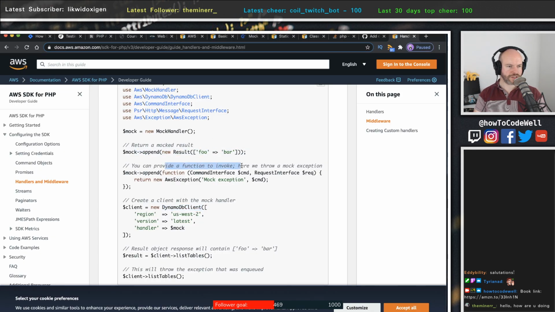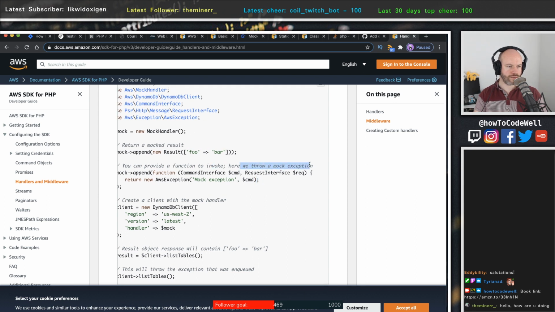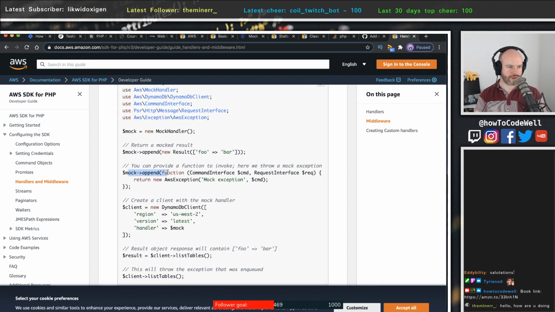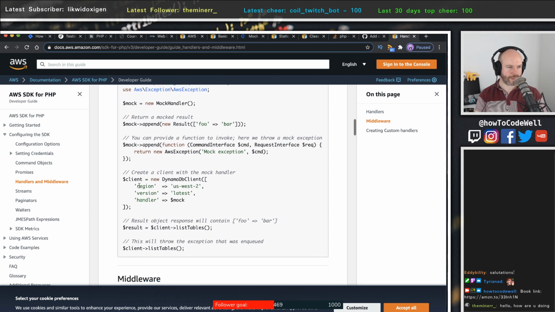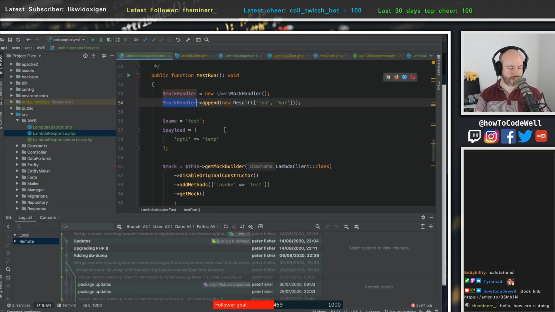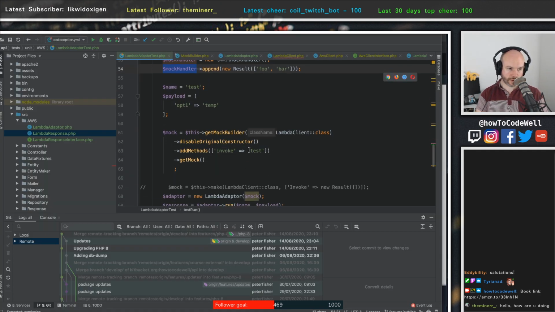You can provide a function to invoke here. We throw a mocked exception, so mock append. Okay, I'm not going to worry about that, I don't think. Okay, so now we create the client. Now in this case, the client itself is going to be mocked. So we're not actually going to have,